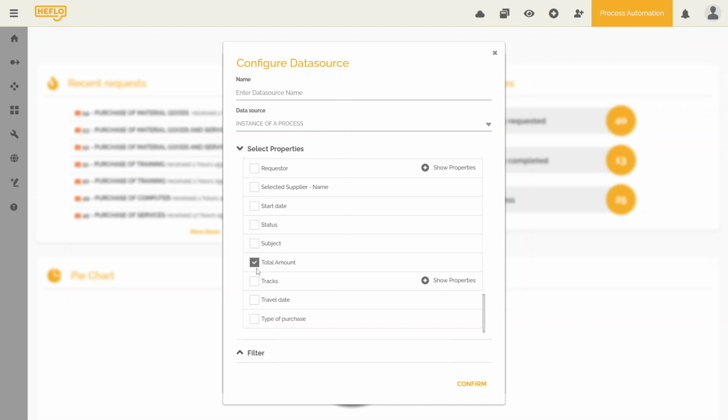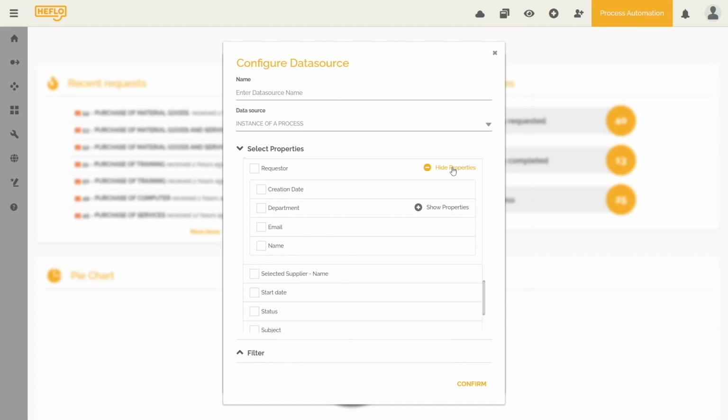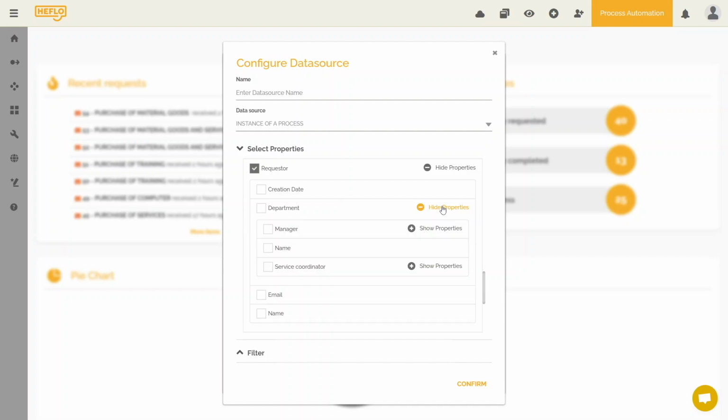And then you will notice an interesting thing. I see in the requester field there is an expander here. Why? Since this field is a record type field, it will point to another record. And notice, when I click on the plus, in addition to letting me select the name, email, or whatever, it gives me the option to navigate to another relating record that's within that entity that is the department. This is exactly what we want. We want to get the department name.